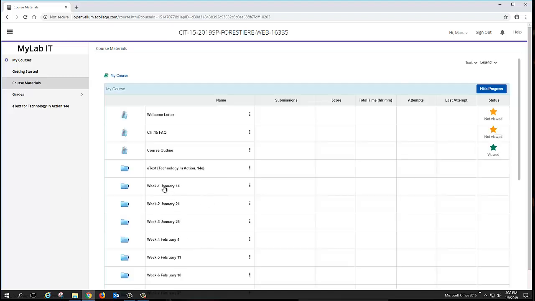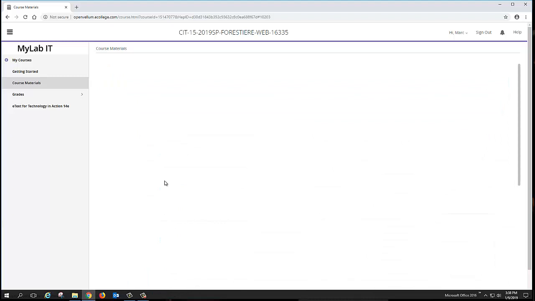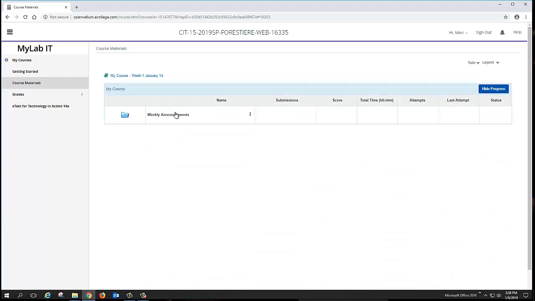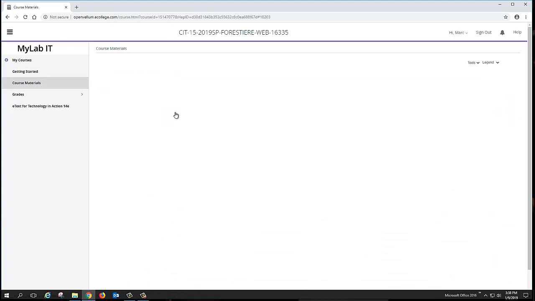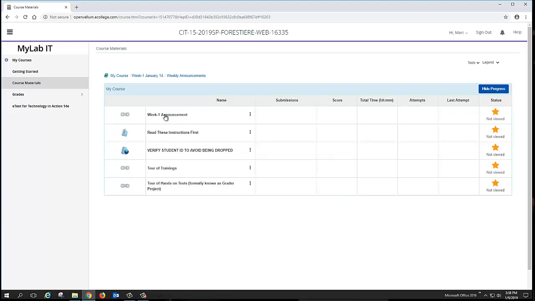Here we go. So under the week 1 folder, these are all the things that you should do in week 1. You should go through the weekly announcements folder and make sure that you've watched this weekly announcement, you read this information, you verified your student ID number, you've taken a tour of trainings and a hands-on test, which is to be the grader project. That's week 1, okay? And then week 2, we start from there,